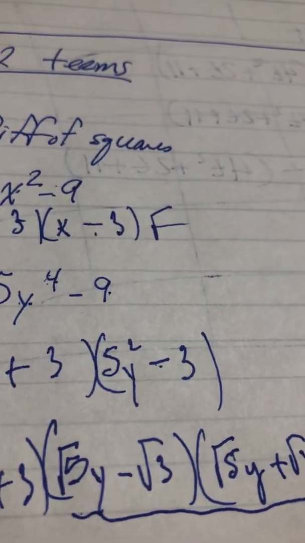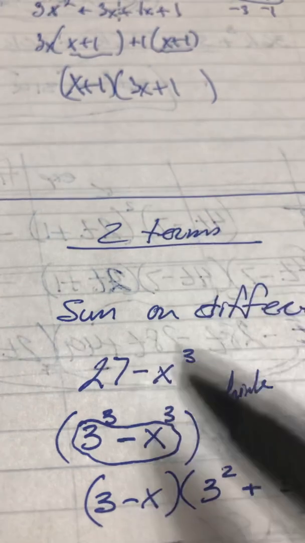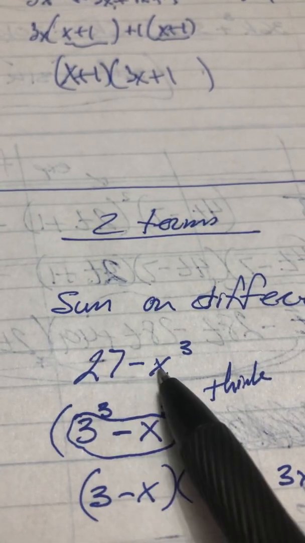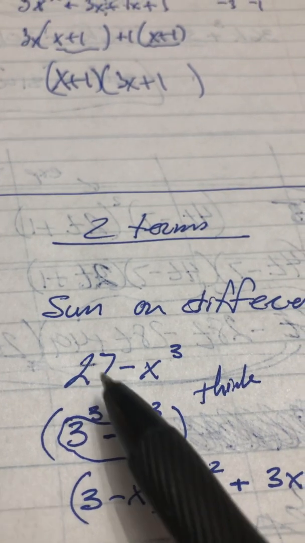Okay, and now it's the difference of cubes and the sum of cubes. And the process is followed the same. So let's just begin with the first example where we have 27 minus x cubed. And what I want you to think about is 27,